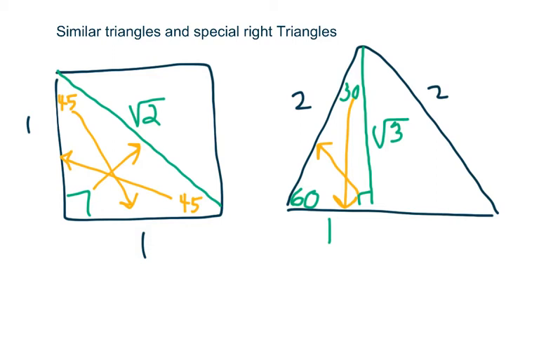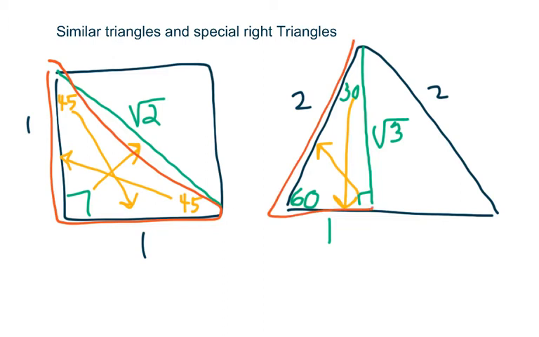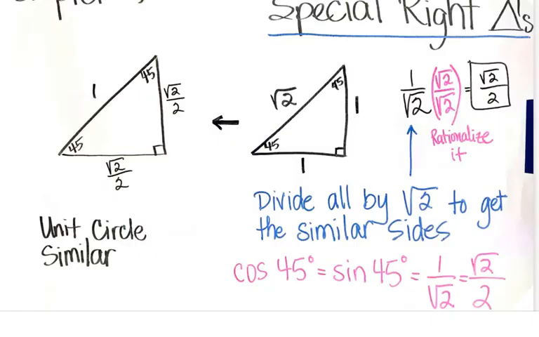So now we have these special right triangles. I am referring to a 45, 45, 90 and a 30, 60, 90. Those are our two special right triangles. Now, what we're going to do with these special right triangles is we're going to try to relate them to the unit circle. Remember, our unit circle is a circle with radius 1 that is centered around 0, 0, the origin. And so it would look like this,